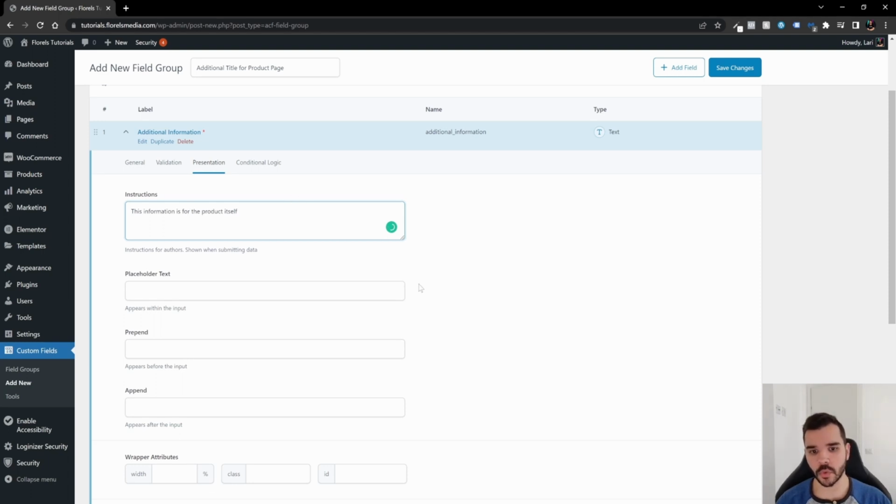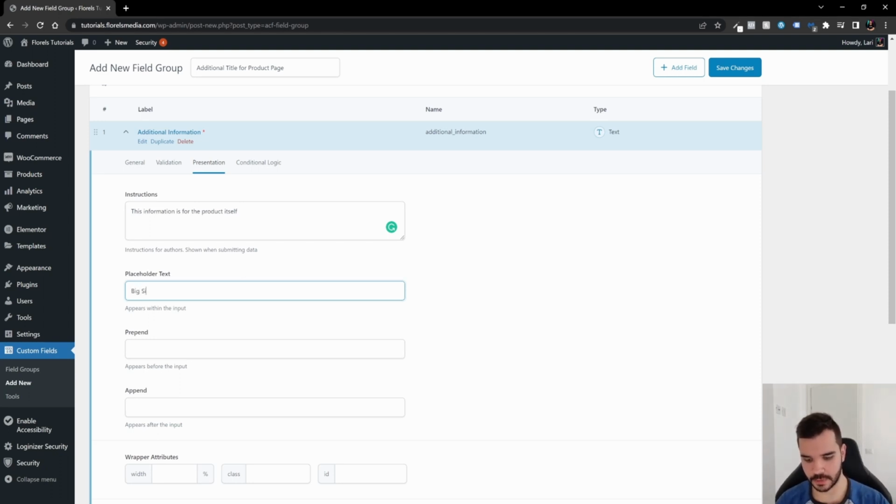So the owner of the website is going to have a little bit more guidance on what this field is about and what he should be putting in that field. Here we have a placeholder. It appears usually inside the field. So this also acts as guidance for the website owner, or for yourself if you forgot or you're working overtime and you just need a reminder to see what this field is about. So this one, let's say for example,